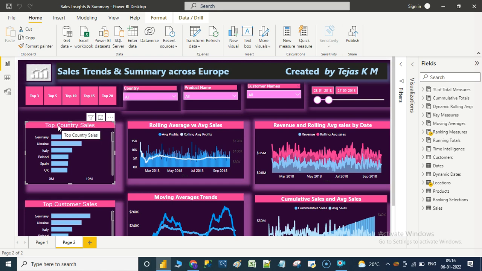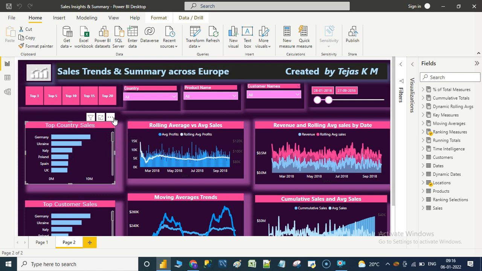If you hover over this particular visual in this report, you will find various sales by location, for example sales by location Germany, sales by location Ukraine, sales by location Italy. Whenever you are hovering over the visual, you find the tooltip in the black and white combination, or you can say dark gray and white combination, isn't it? But if you see the layout of your report, it is purple in color, which is too dark. And this actually gives us a bit odd appearance, isn't it?